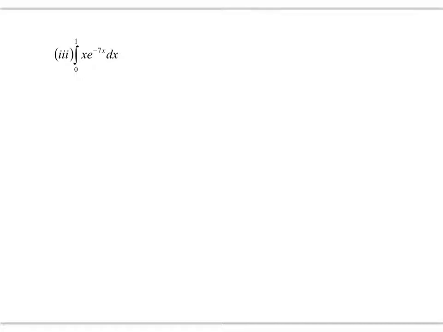Alright, we'll have a look at this question where we have limits. It doesn't really matter which one we choose because we can differentiate both quite easily, but x might be a little bit easier than the exponential. So u equals x, du equals dx, dv equals e raised to the power of negative 7x dx. When you integrate that,